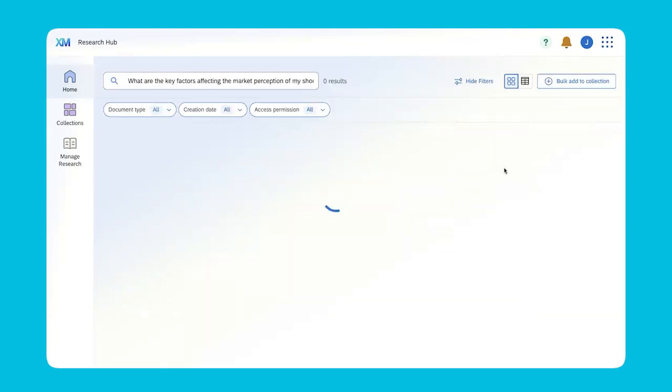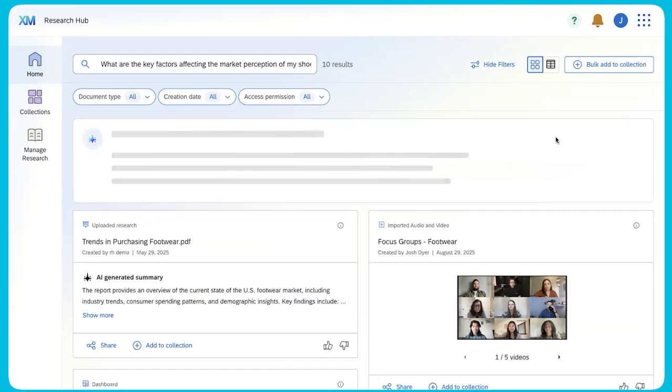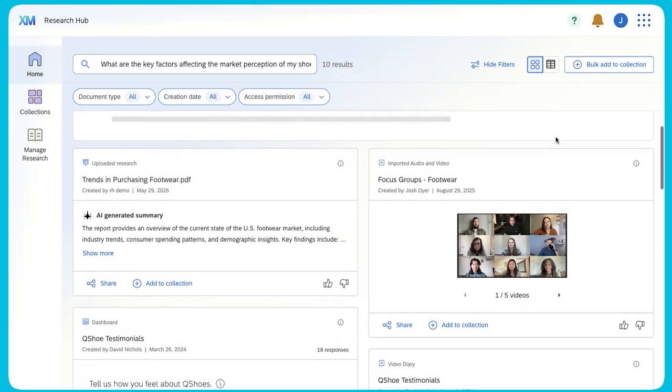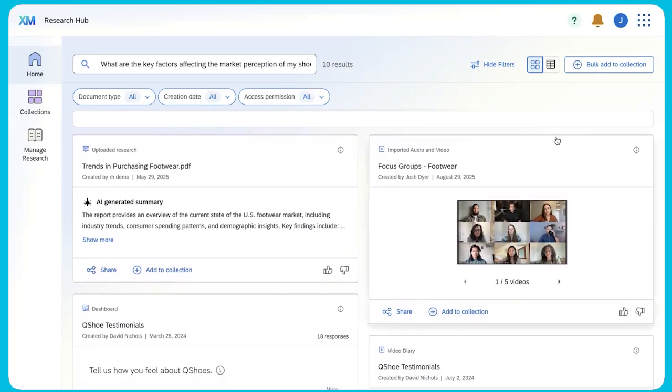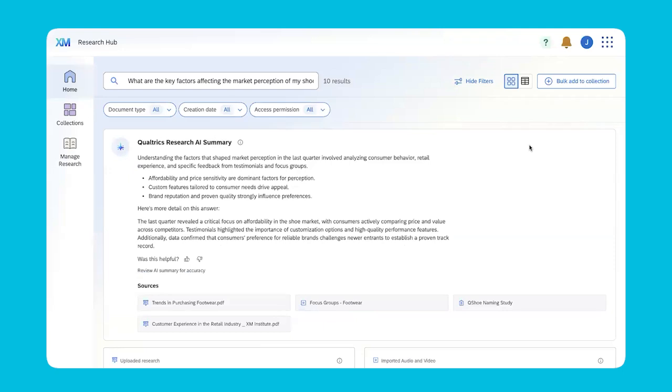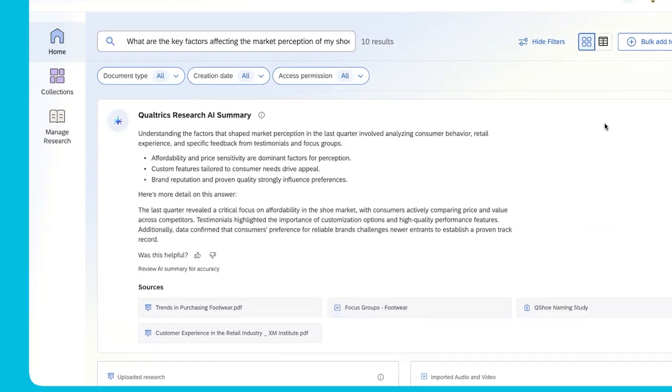Research Hub is using AI-powered semantic search to search through thousands of artifacts in your brand, including all of your surveys, dashboards, video projects, as well as uploaded files. Now, with each search, you will actually get an AI-generated answer summary that gives you quick insights on your particular question. You'll see that there are sources at the bottom of this question, and you can click through those sources